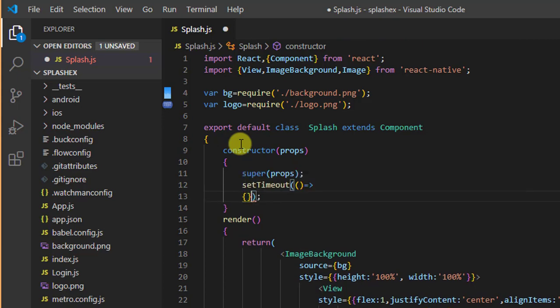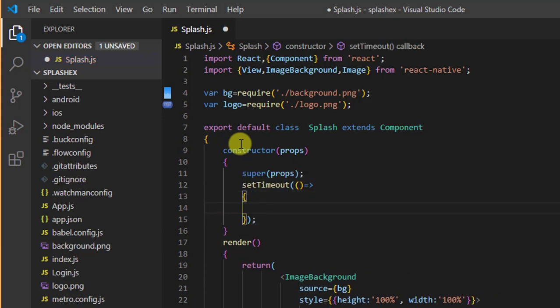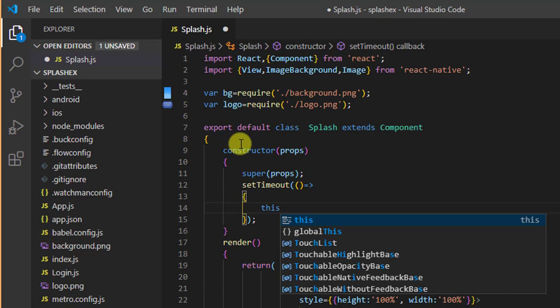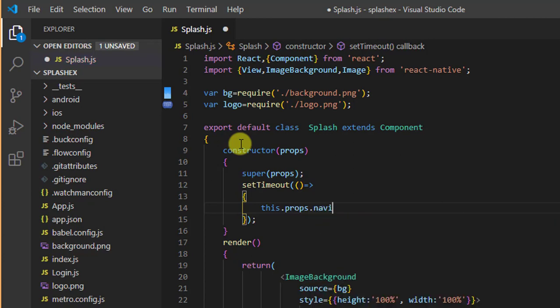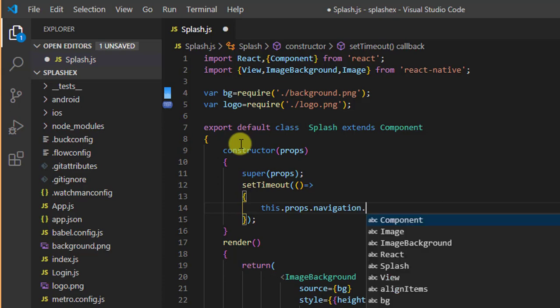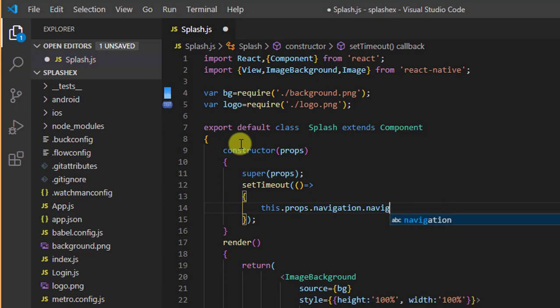We have to start and close curly bracket here. Inside the curly bracket we have to write the code for navigation. For this we have to write this dot props dot navigation dot navigate, and inside the navigate we have to specify the screen name. Our screen file name is login and semicolon.